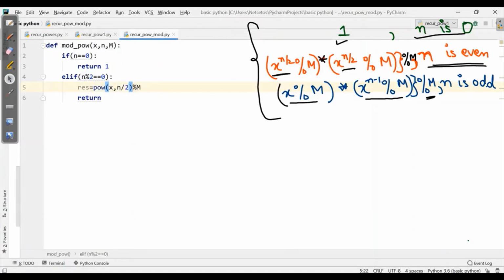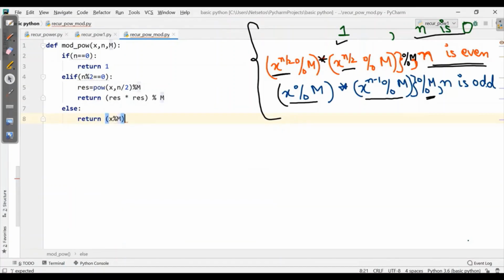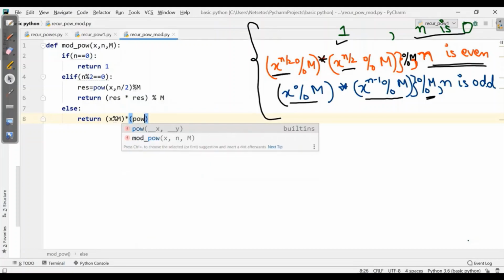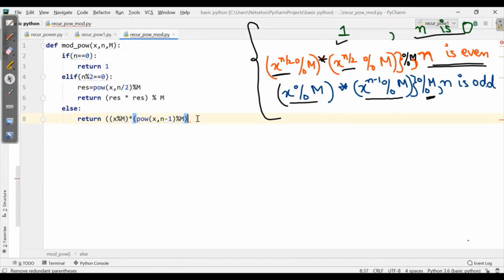So here it will return res, that stands for result, then res and then collectively mod m. Now we will see the condition for odd number, which will directly return x mod m into po of x, n minus 1 mod m and then collectively mod m.